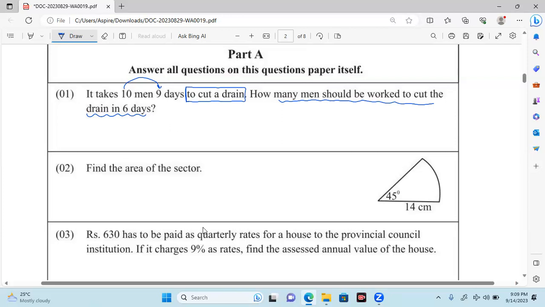Magnitude of the work means what? It is the number of days that is required to complete the work by one man. Okay, then it does not change unless the